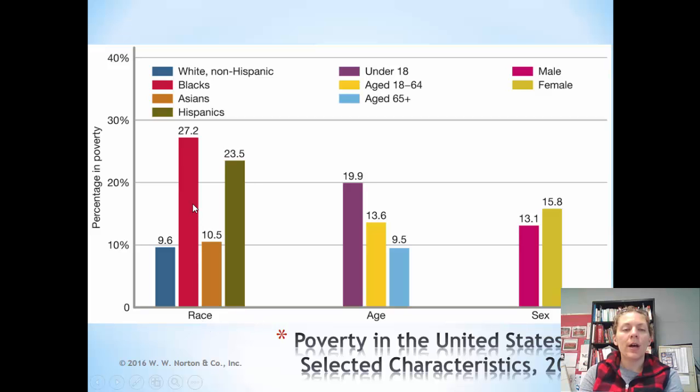So the higher the bar graph here, the more people you have living in poverty in those racial groups. We're going to talk about race next. Same with age. You guys being under 18 are much more likely to be in this category. And women are more common than men. So these social stratifications, there's a lot of connection between race, gender, and socioeconomic class, a lot of overlap that you may see.